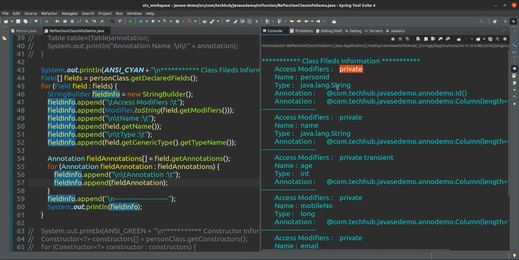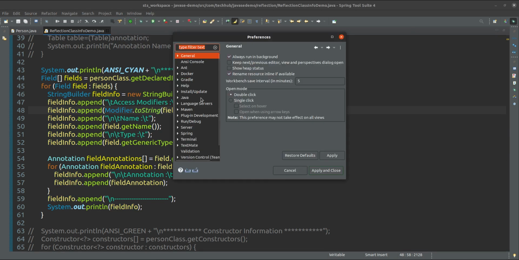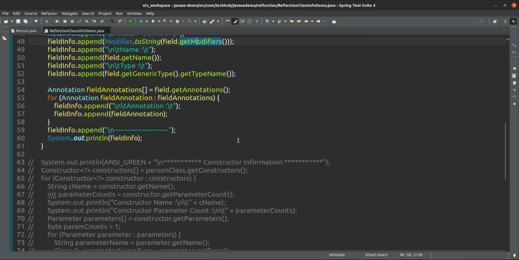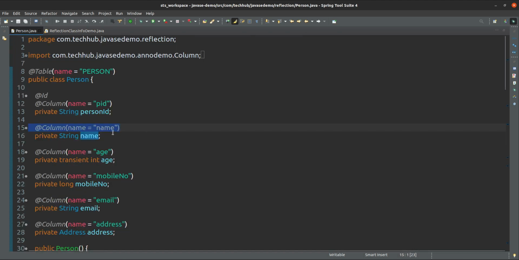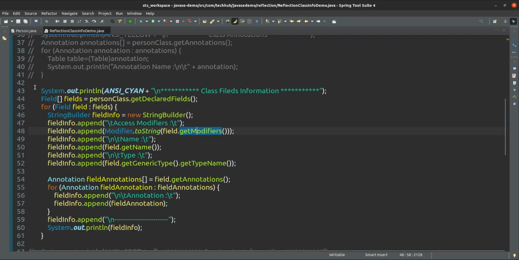And one more thing, currently this column information we can get here. If we don't want to use this column name, sometimes the name is coming as 0 1 2 3 4. In Java 8 they have given an extra feature, if we disable that one, so let me see, Java compiler, yes, okay, that's fine. So here we can get the information about these variable fields. In the same way we will get the information for constructor also.